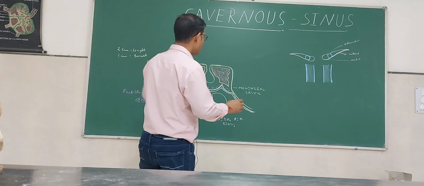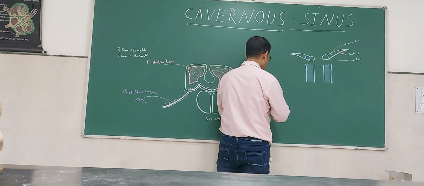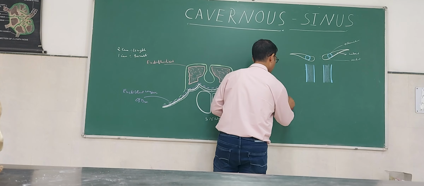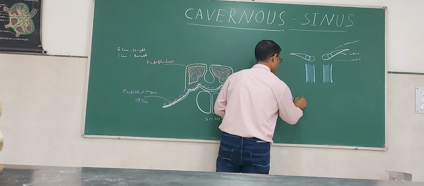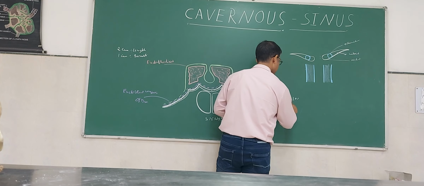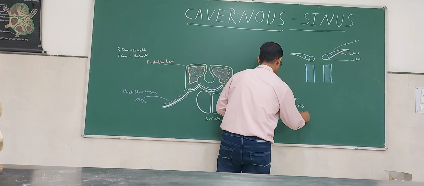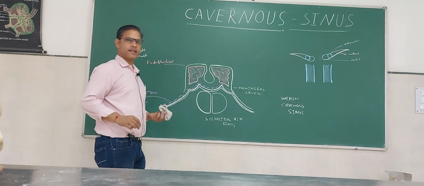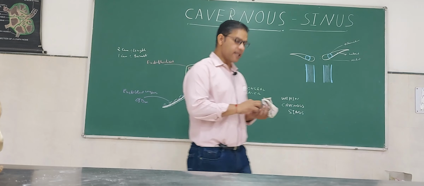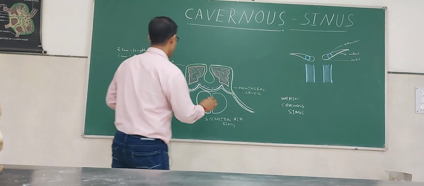First of all, I am talking about what lies within the cavernous sinus. In the lateral wall of the cavernous sinus, nerve number 3,